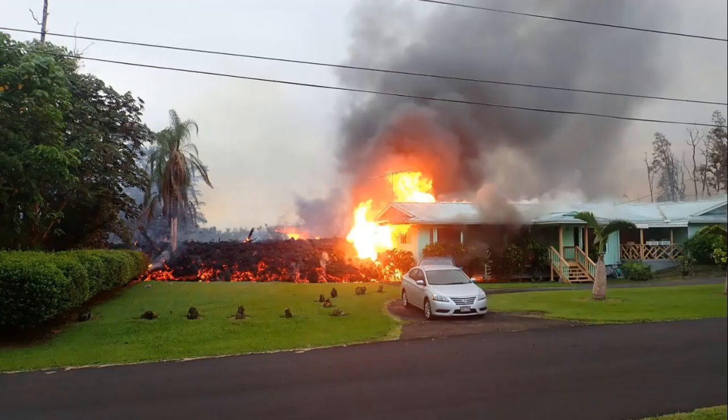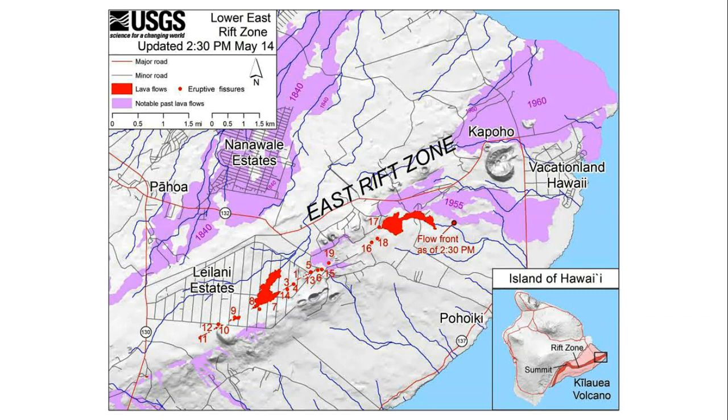Leilani Estates, I think is how you say the neighborhood, was largely destroyed or significantly damaged by the eruption. Here's an example, of course, of how lava can be a hazard. Now, you can outrun this lava, generally. This particular flow you can. Some of the flows that came out of Kilauea last year were quite rapid, especially right out of the vent. You would not have been able to outrun those.